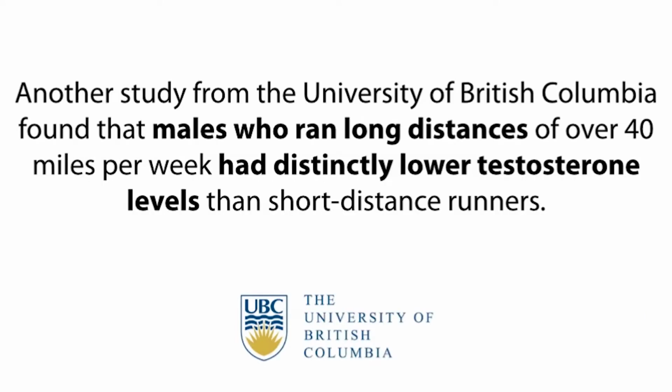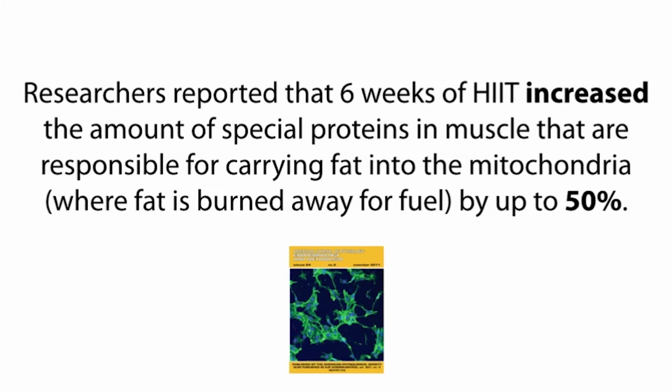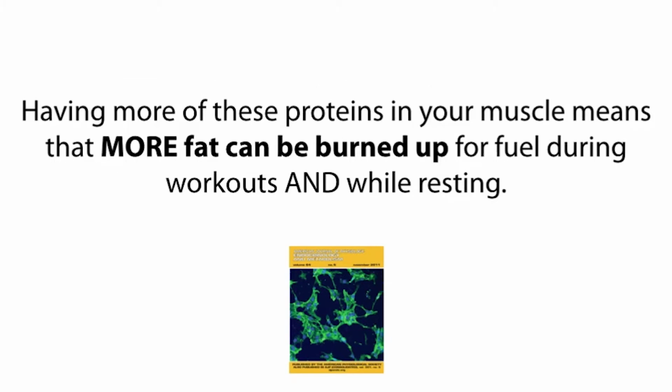Another study from the University of British Columbia found that males who ran long distances of over 40 miles per week had distinctly lower testosterone levels than short-distance runners, and a new study published in the American Journal of Physiology shows us yet another way that high-intensity interval training burns more body fat. Researchers reported that 6 weeks of HIIT increased the amount of special proteins in muscle that are responsible for carrying fat into the mitochondria, where fat is burned away for fuel, by up to 50%. Having more of these proteins in your muscle means that more fat can be burned up for fuel during workouts